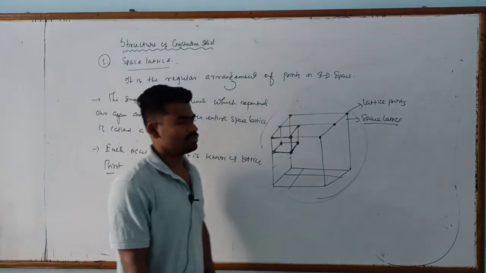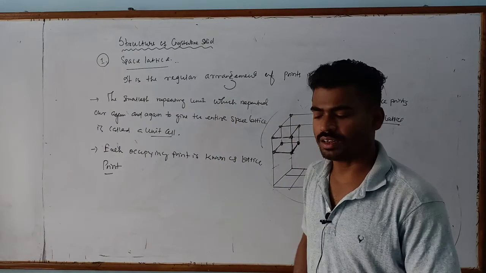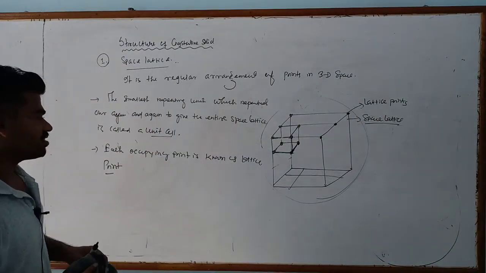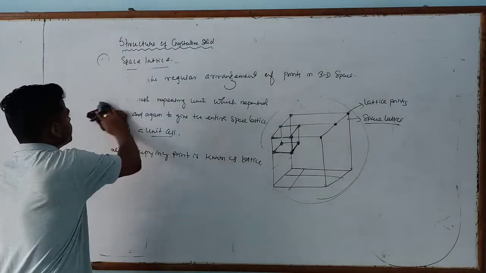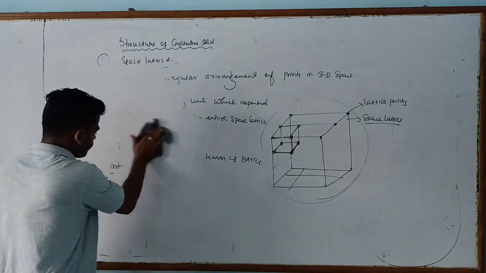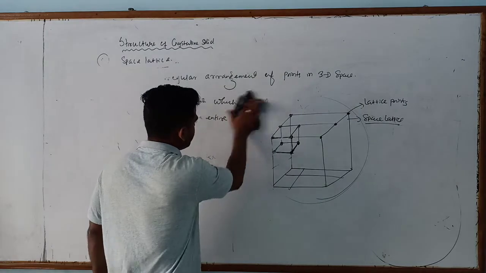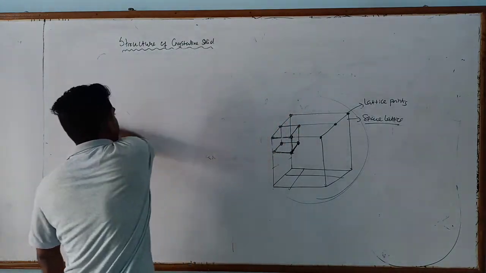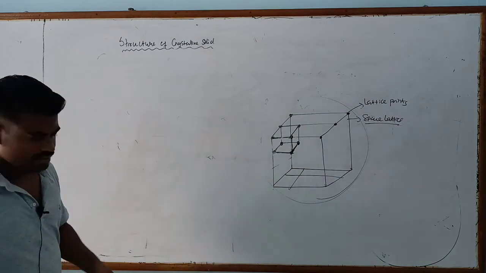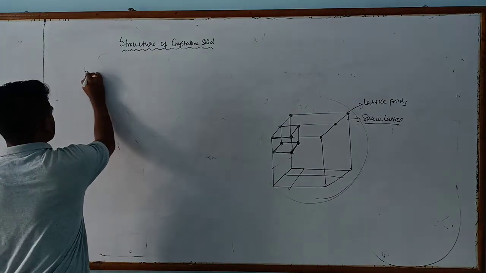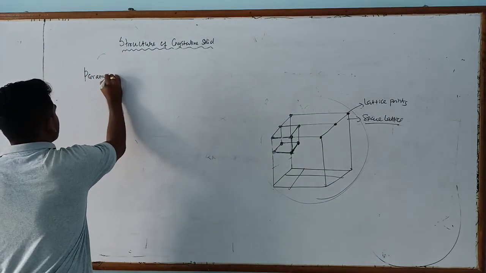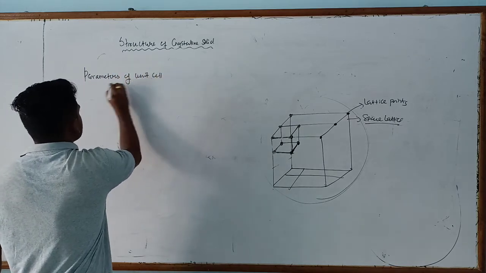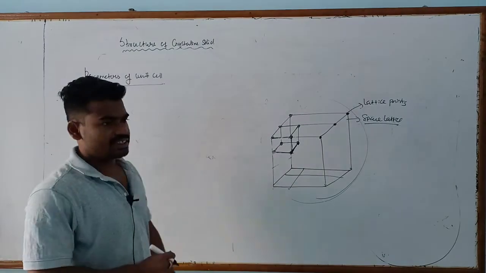Each occupying point is known as a lattice point. Is that clear? So now let us discuss the parameters of the unit cell. That means the properties which define a unit cell. These are called parameters of the unit cell. A unit cell is defined by